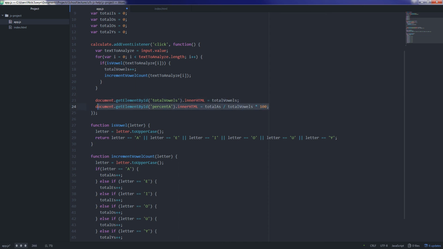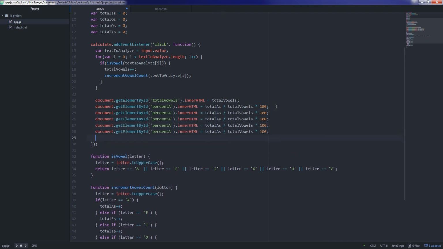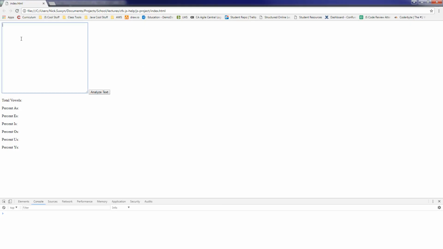Then we can copy this, A, E, I, O, U, Y, here, E, I, O, U, Y, and one more time over here, E, I, O, U, and Y. Save that, come back here, we'll refresh it, let's do a hello world again,